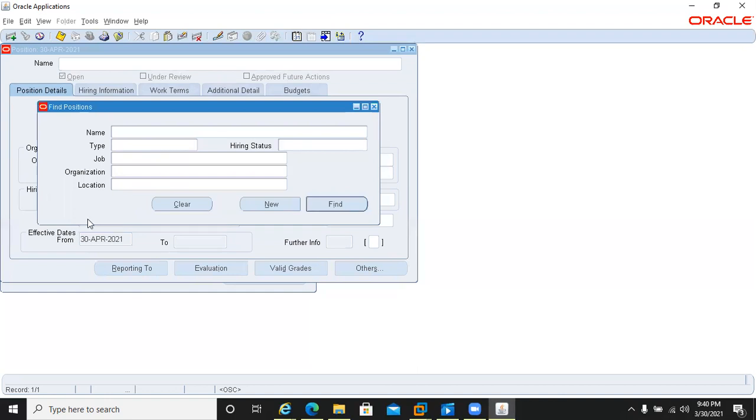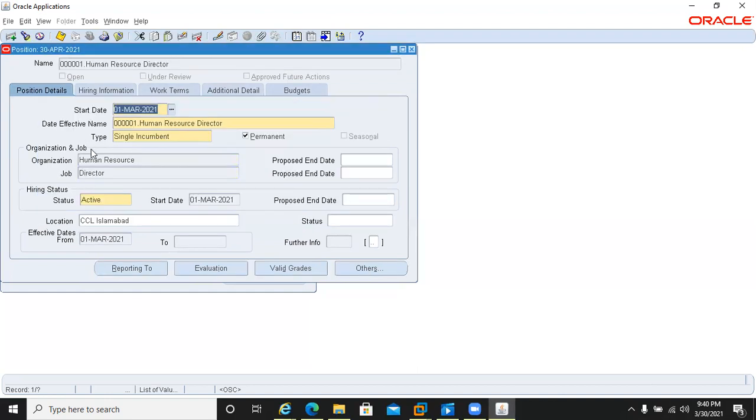Based on that, I am still able to find that position. So there are some tricks here, and you will become experienced once you get hands-on practice.